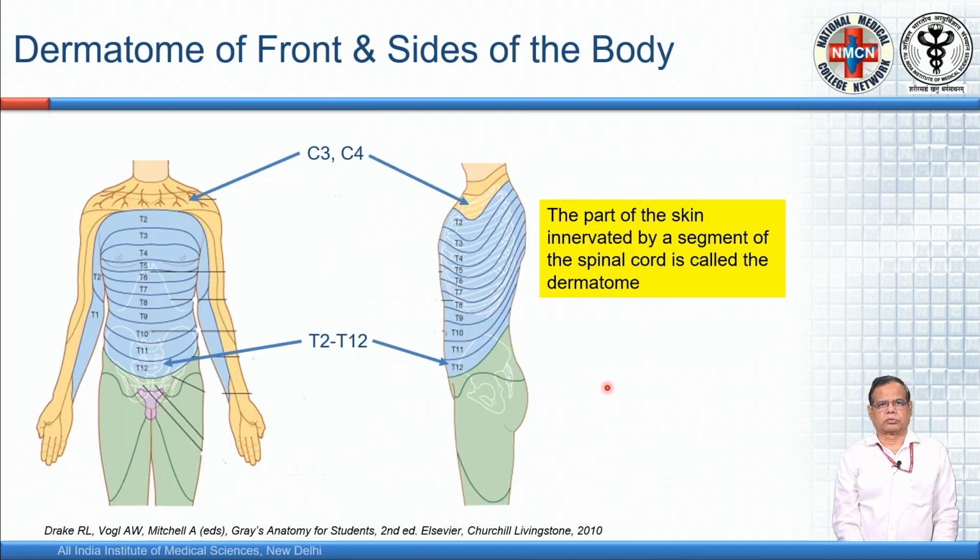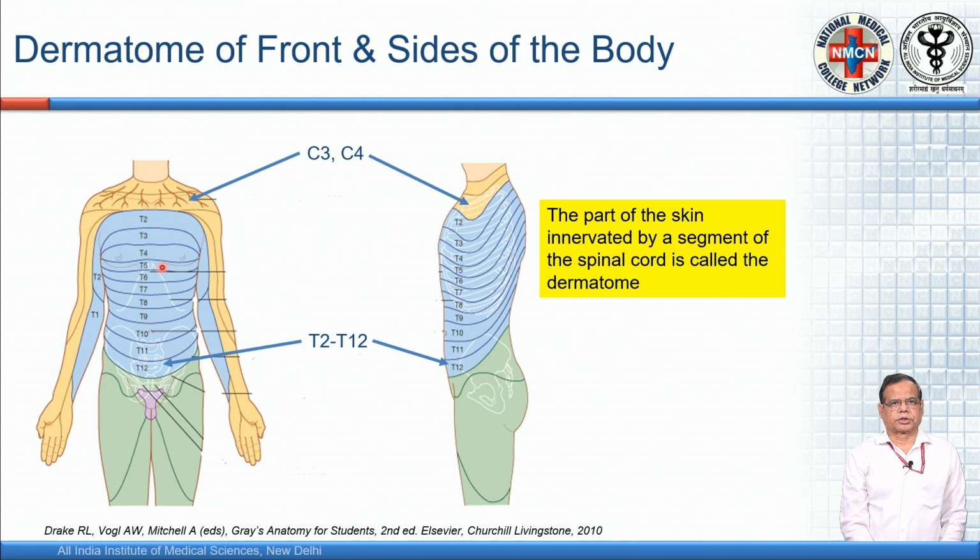Dermatome. What is dermatome? Dermatome is the part of the skin supplied by a specific segment of the spinal cord. Here you can see the dermatome of the upper part of the chest and the lower part of the chest is different. The upper part dermatome is by cervical nerves and the lower part dermatomes are thoracic nerves. The dermatome of the upper part is from the cervical segment of the spinal cord and dermatome of the lower part is from the thoracic segment of the spinal cord, and there is overlapping between the dermatome of the cervical